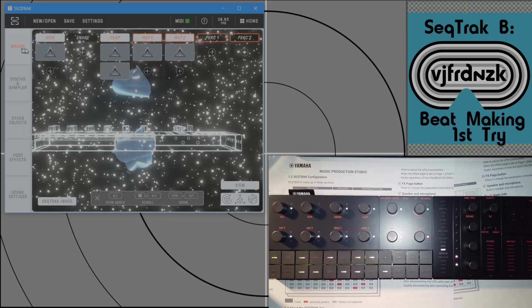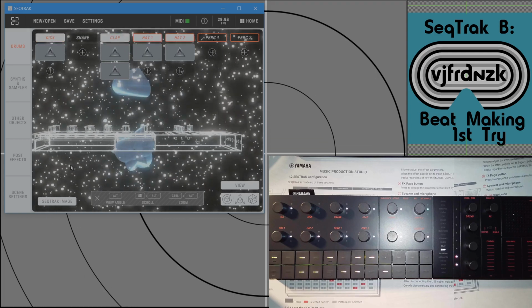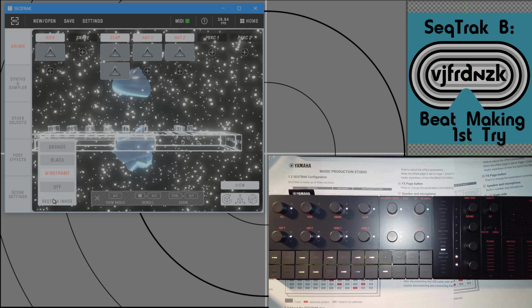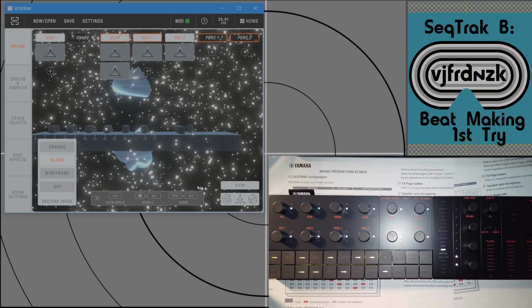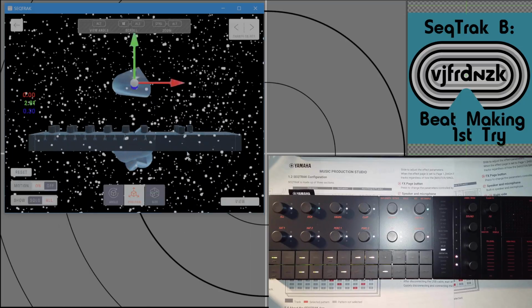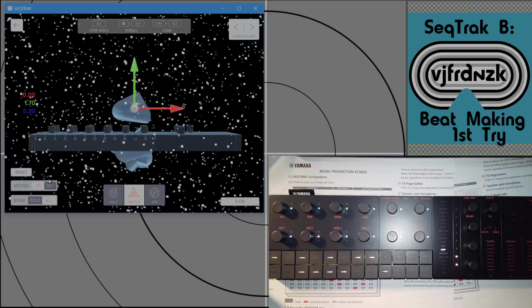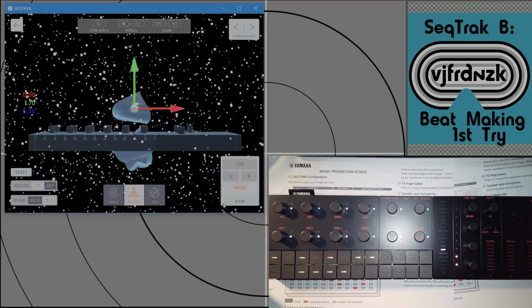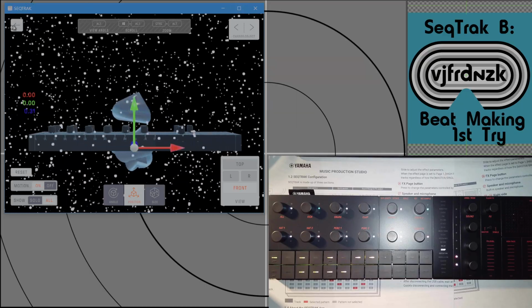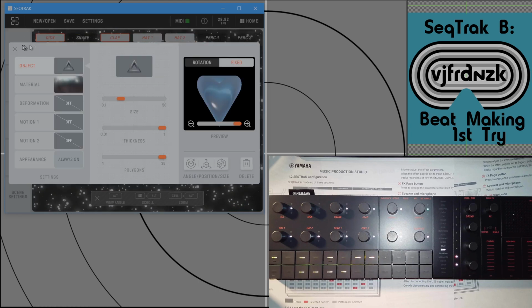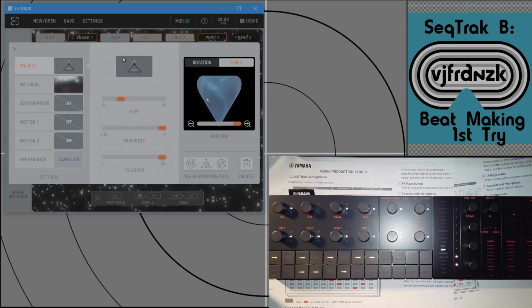I definitely will use this in my VJ projections in some way or other, and I can choose to have it be the black SeqTrak that I have here, or I could choose the orange model later. Fun to look in,